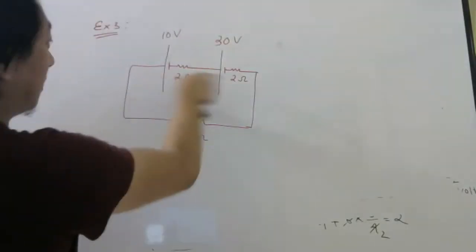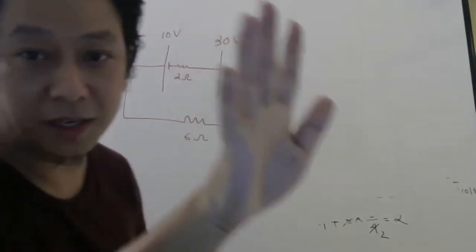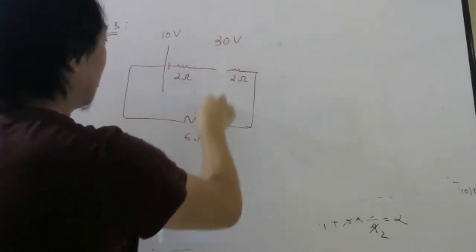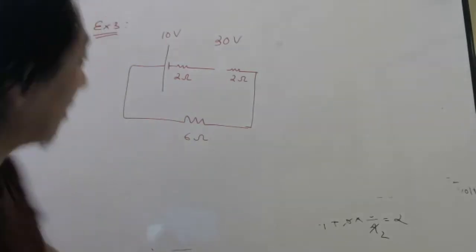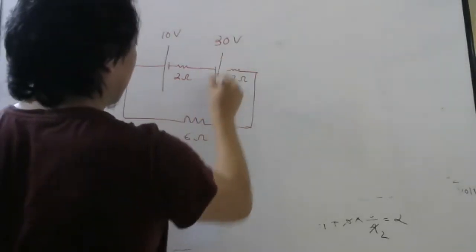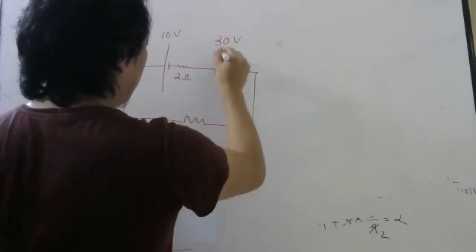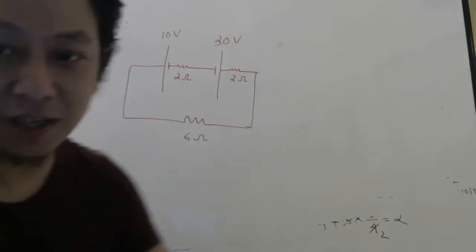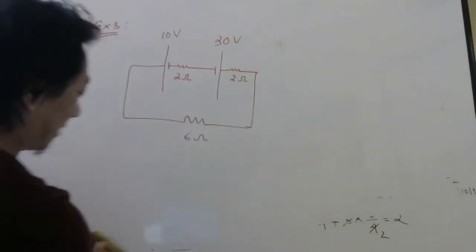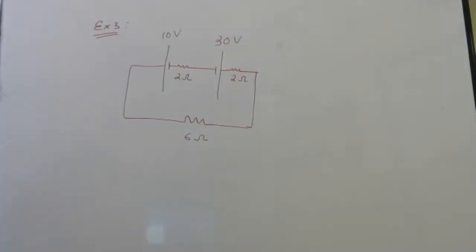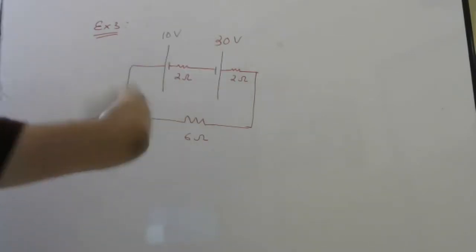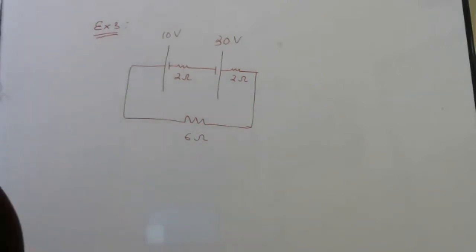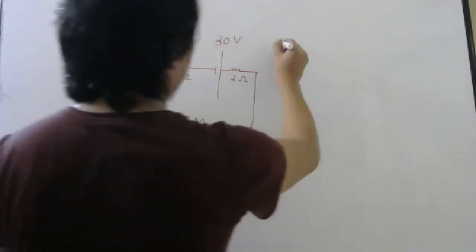But be careful, these batteries are in... Okay, wait, don't solve. Sorry, change it. I want to make it reverse. Sorry. Yeah, try once more now. I know some of you may have done halfway. Stop. Try this one. First, assume current somewhere. This way or that way, your wish. Anybody got current using Kirchhoff's law?